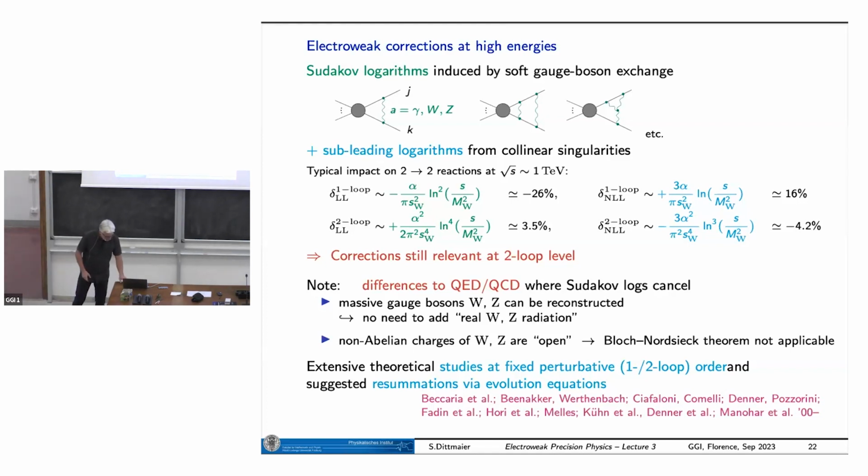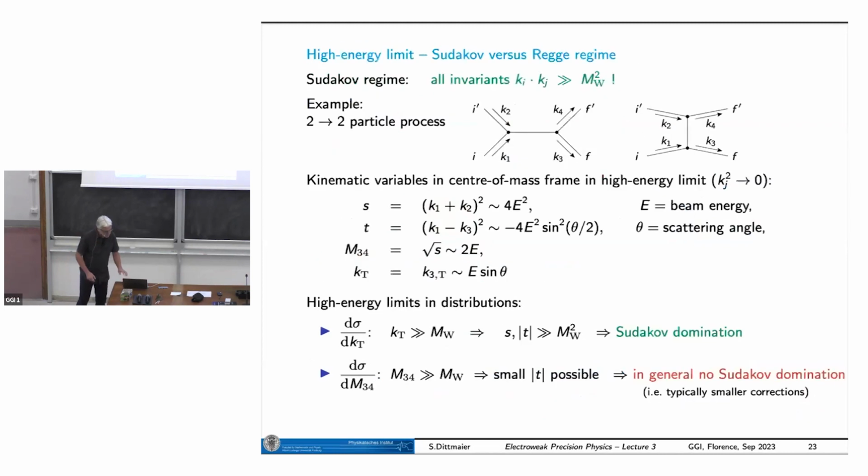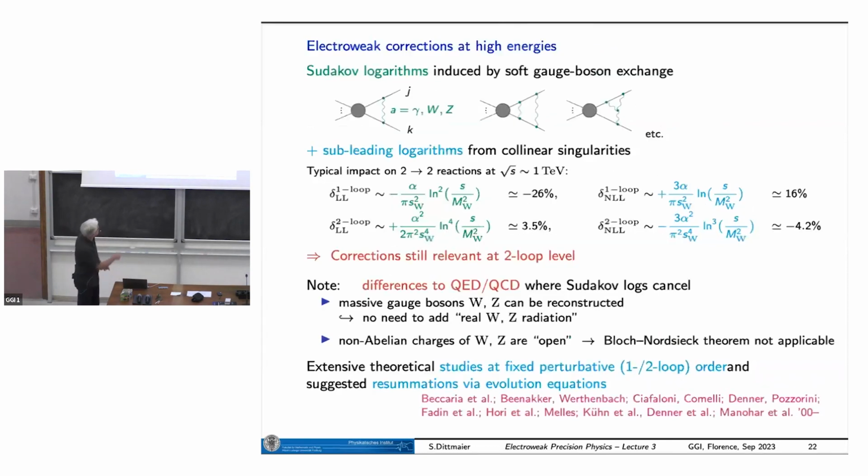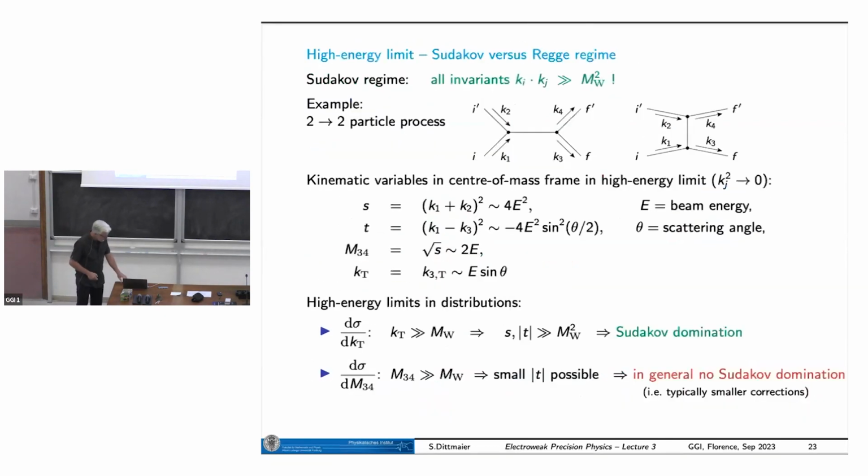Okay, I think I also have some numbers. First of all, a little bit of analytics. Let's look into the kinematics of a typical 2-to-2 scattering process. So that's an S channel, that's a T channel. And what these calculations assume, which I have indicated here by the logs, is that you're in the so-called Sudakov regime. And Sudakov regime means that the scalar product between all external lines here is big against, let's say, the W boson mass, which means for the 2-to-2